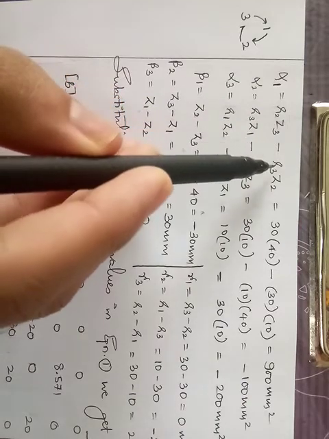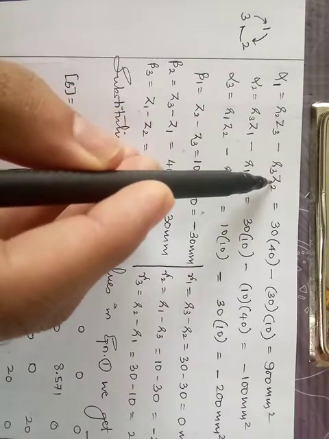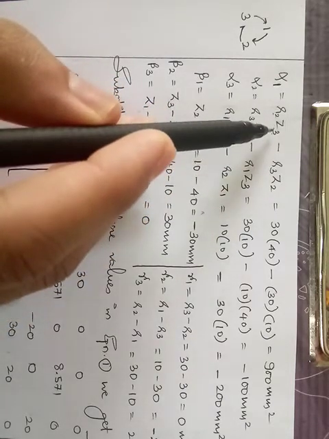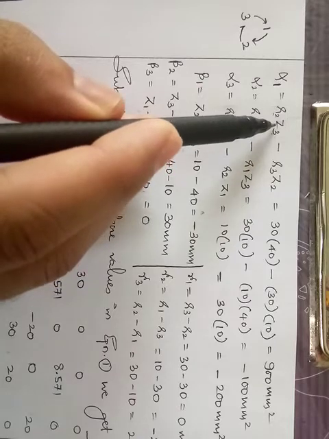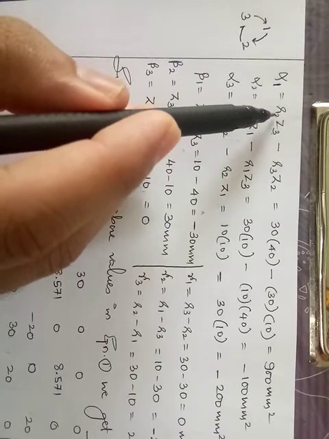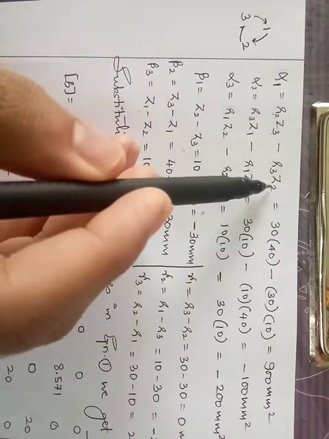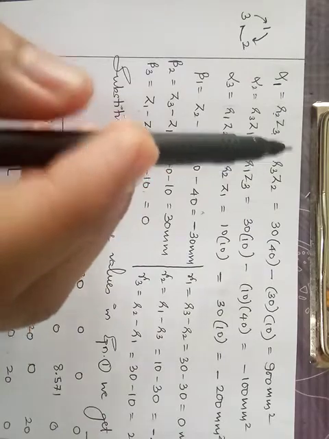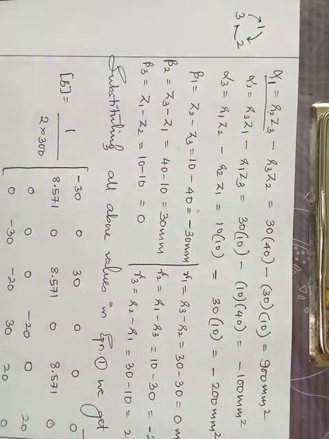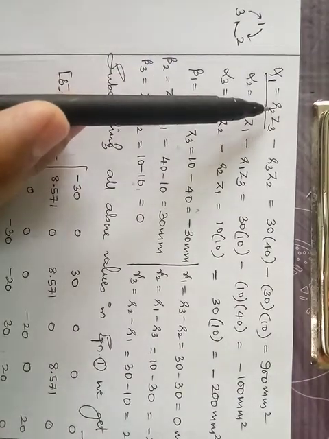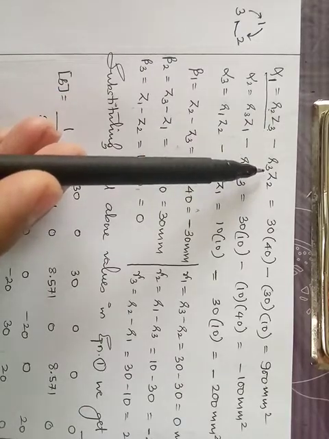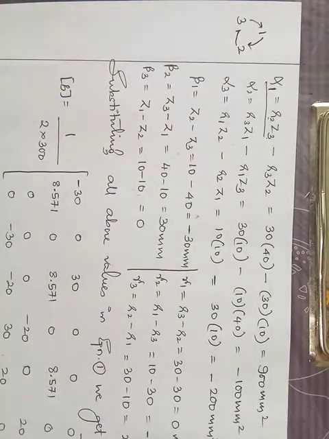So those 2 and 3 will come here. Minus. Once again you write R and Z. Whatever you have written here, 3 and 2, you need to reverse here. Here the subscript 3 was for Z, in the second term it comes for R. And whatever is the subscript of R in the first term, it goes to Z. So that is how you are going to remember. Our remembering part is only in this particular term. If you write this term, you just need to swap the subscripts of R and Z for the second term with a negative sign. So that is how you are going to write.